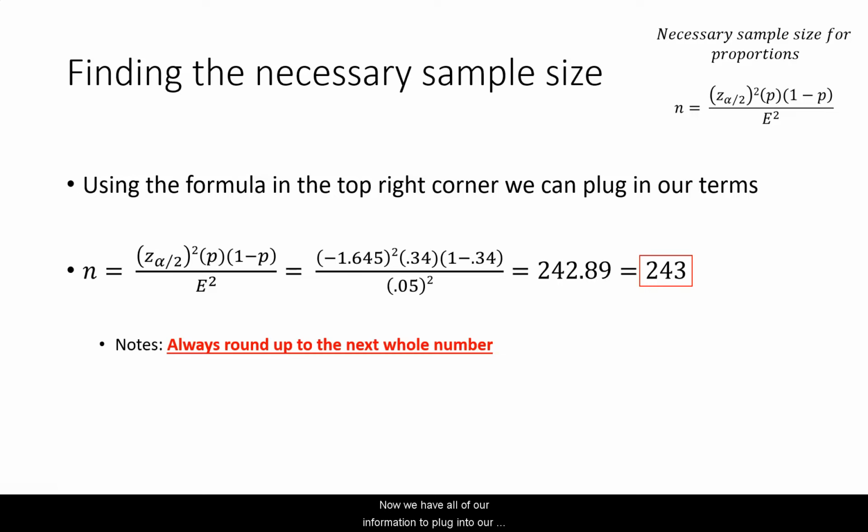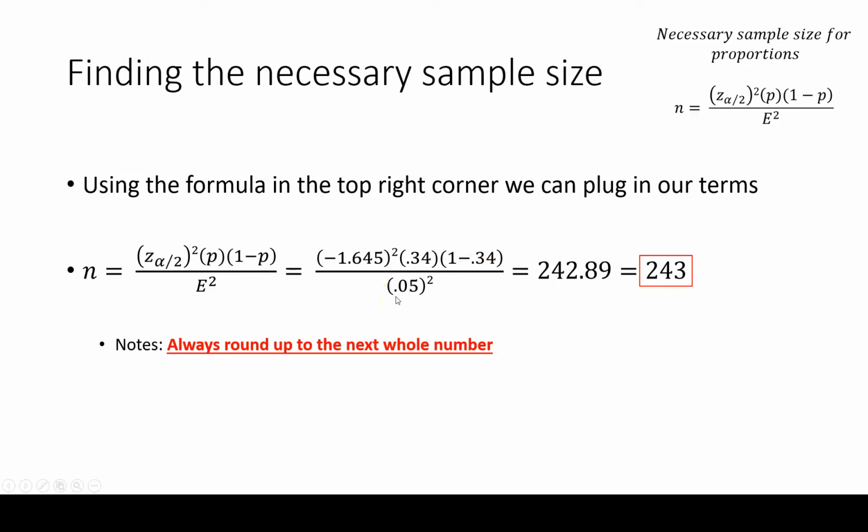Now, we have all of our information to plug into our sample size formula. I have the formula up here in case you need to refer to it. I also have it right here. So plugging in our terms, we have our population proportion, or in this case P, of 0.34. We have the z-score of alpha divided by 2 of negative 1.645, and we have our desired margin of error of 0.05. So plugging them into the formula, we have negative 1.645 squared times 0.34 times 1 minus 0.34